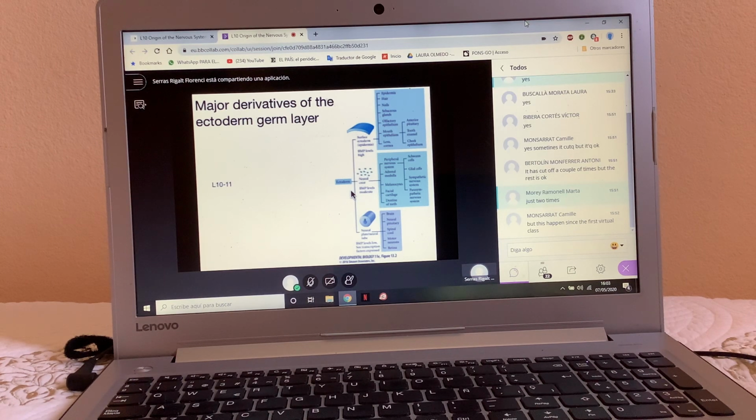But let me show you this scheme here that corresponds to the ectoderm. And actually, we are talking about the ectoderm, and the ectoderm has to make a very important decision to become nervous system or to become epidermis. Okay, and this is something that is going to be very important because